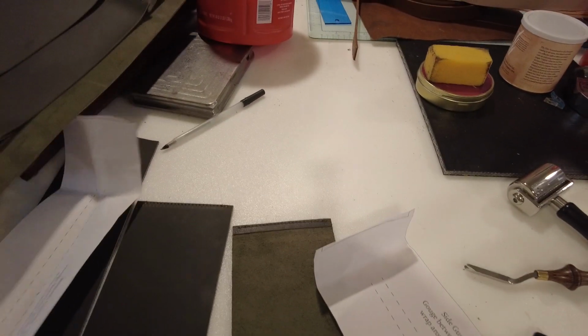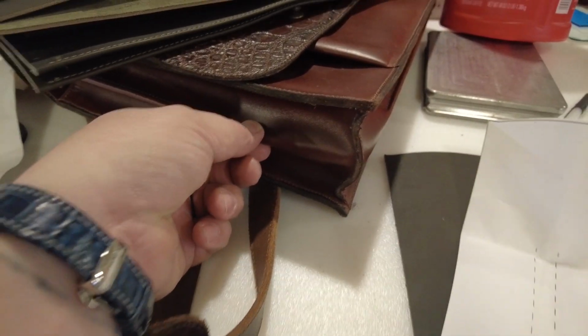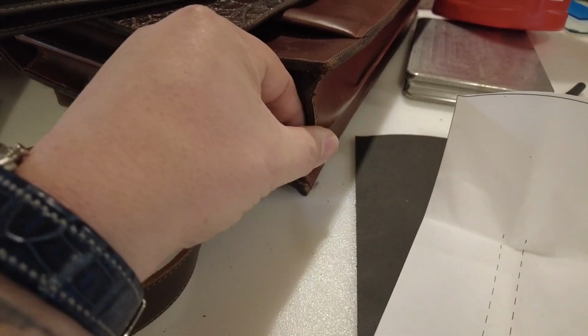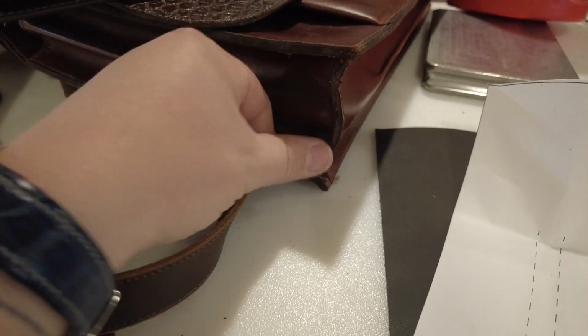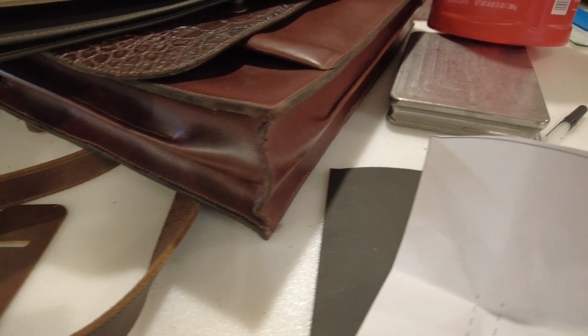If you look at the finished bag, you'll notice the gouges don't go all the way to the ends, because on the finished bag, you see where that sews in and it clamps that center piece there. Well, when it gets down in the corner where it needs to sew together, it releases so that it can make a nice sharp corner, and that also is going to help your bag stand up and stuff like that. So I'm going to mark